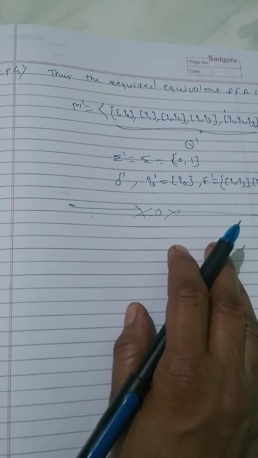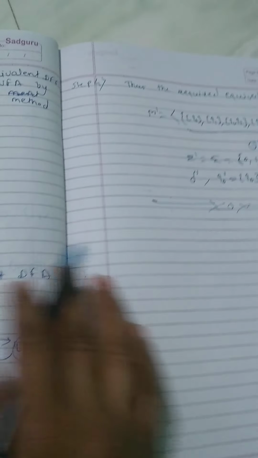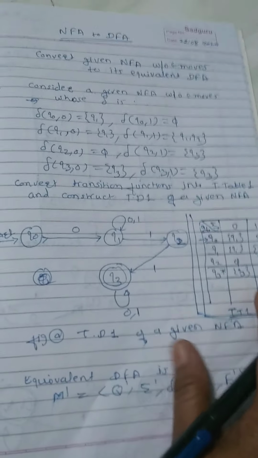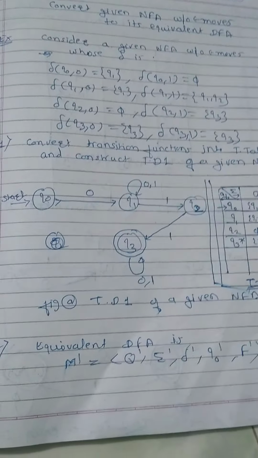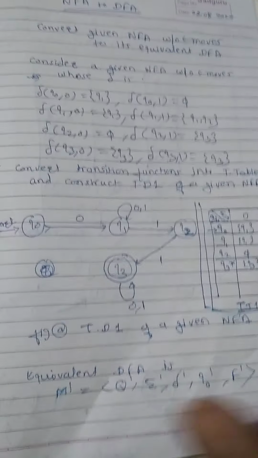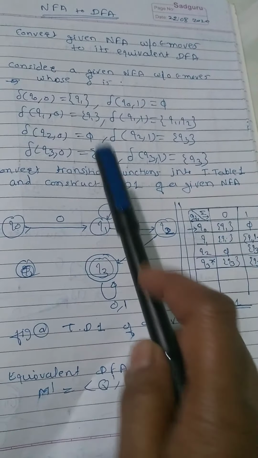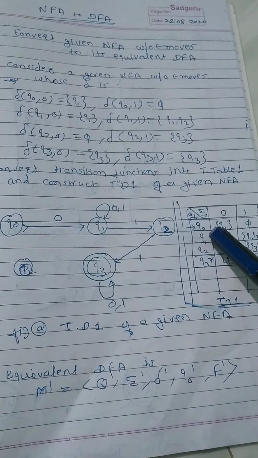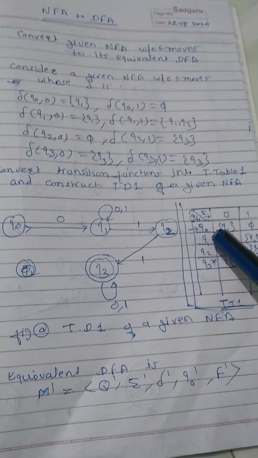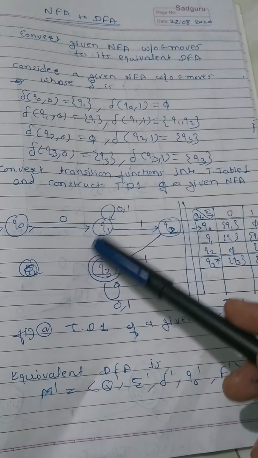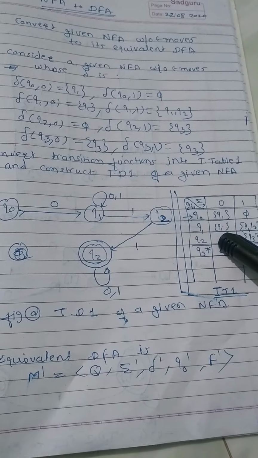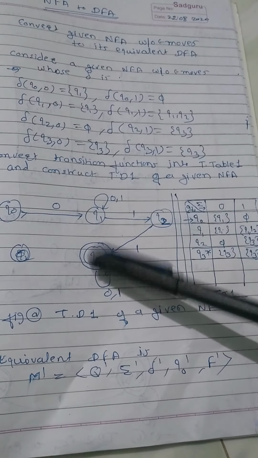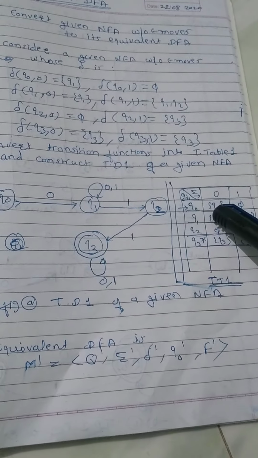This question can be asked for 8 to 10 marks. For each step 2 marks are there. Just revise the steps. We need the transition table. If functions or a diagram are given, convert that into the equivalent table, and if the table is directly given, no need to obtain this one. Now here functions are given, we obtained the diagram as well as the transition table of the given NFA. So we set this as transition diagram 1 and this as transition table 1.